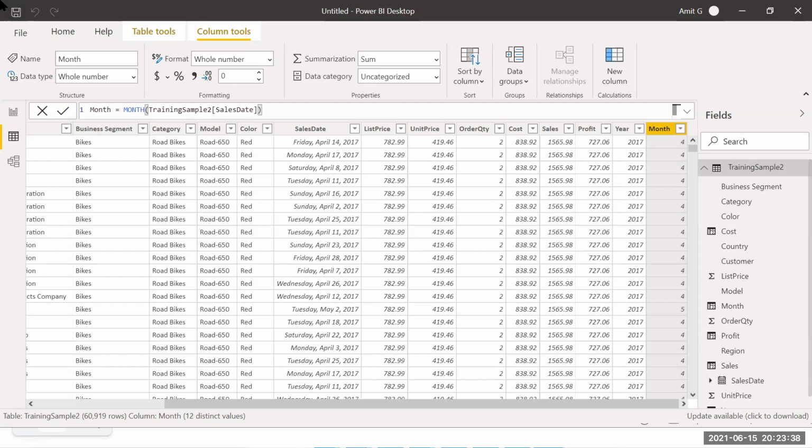I hope you are able to make all these columns up till now, these five columns that we have made.